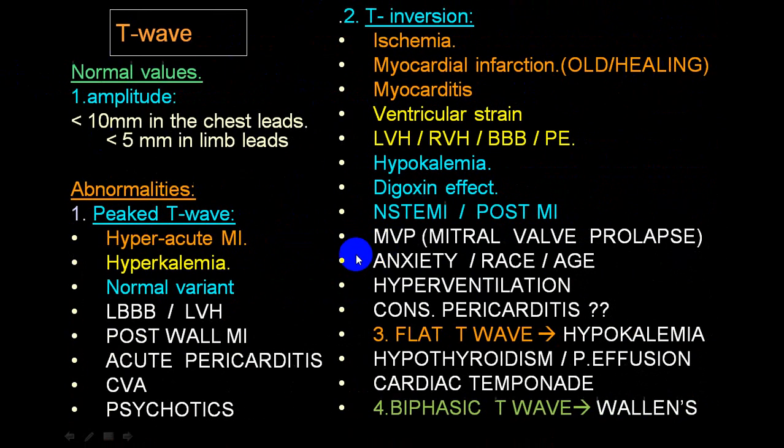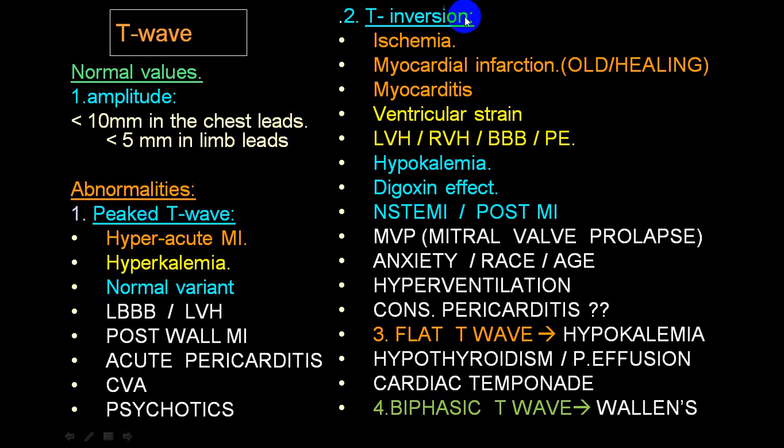Now, this is a slide which shows you different conditions. So, we have told you the amplitude of the T wave in a chest lead is less than 10 millimeter and in limb leads it is less than 5 millimeter. If it is taller than 10 and taller than 5, or we say half of R or equal to R or even taller than R, it is definitely a tall T wave. And you must differentiate between hyperacute and hyperkalemia. These are other conditions where you can have a tall T wave, but usually these are not of significance. In some of the normal variants also you can have a tall T wave, or peaked T wave.